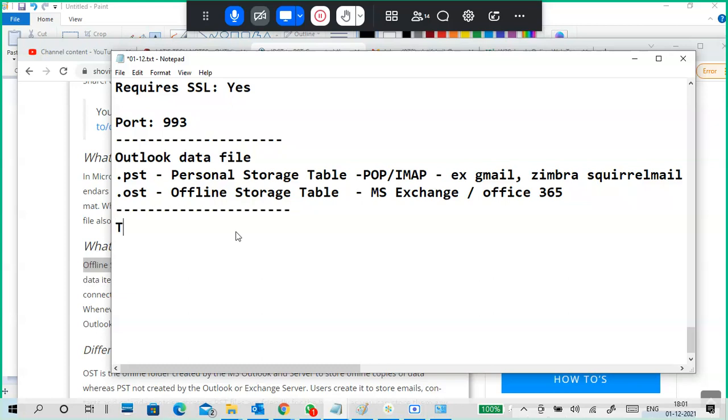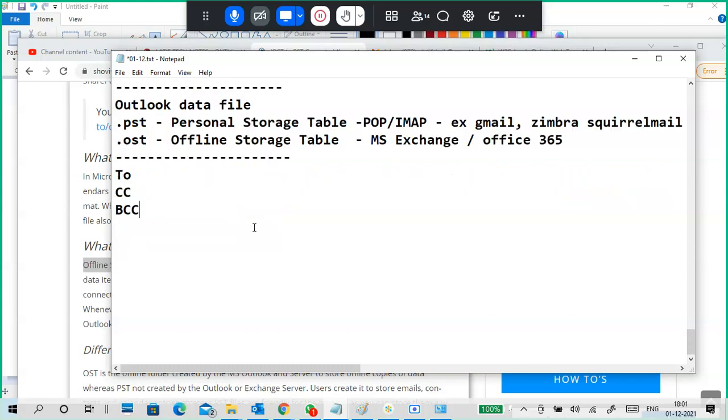Next, when using any mail communication, a common question is what is the difference between To, CC and BCC.